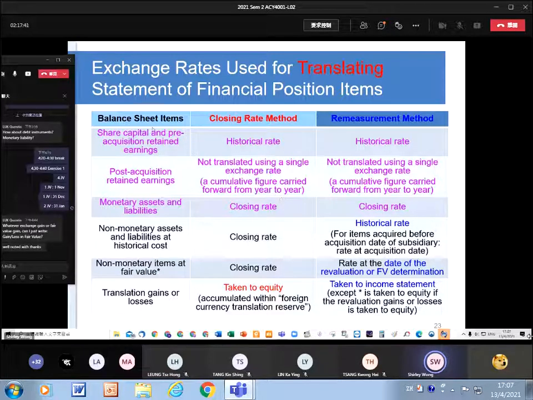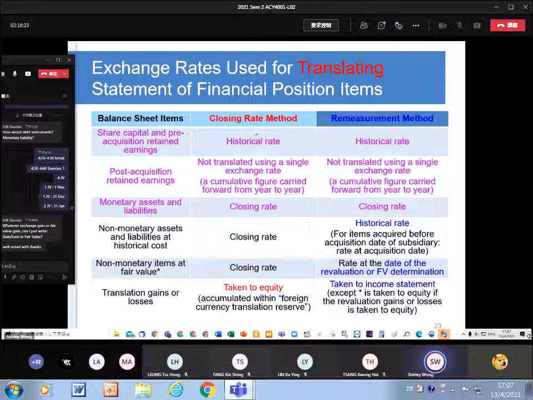And then how about the other balance sheet item? We will have asset and liability. For asset and liability, we will classify them as monetary asset and liability, non-monetary asset and liability. And for non-monetary asset and liability, we'll classify them as non-monetary asset and liability at historical cost and non-monetary at fair value. 咁除咗 share cap 同 retain 之外咧，另一邊我哋就會有所有嘅資產同負債啦。咁資產同負債我哋就分開為 monetary asset and liability 或者係 non-monetary asset and liability。而 non-monetary asset and liability 咧，我哋亦都有分 non-monetary asset and liability at historical cost 同埋 non-monetary item at fair value 嘅。